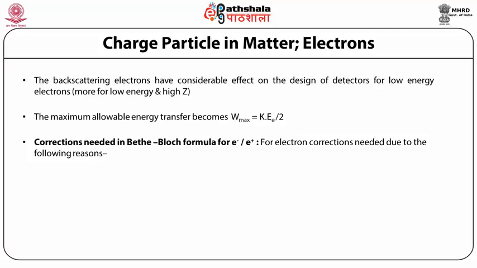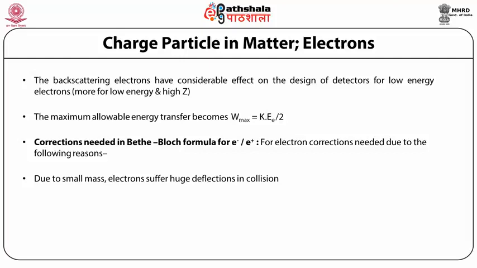So that formula we can still apply for electrons, but we need to modify the Bethe-Bloch formula in order to apply it for electron or positron detection. For electrons, corrections are needed due to the following reasons. What are these reasons? Number 1, due to small mass, electrons suffer huge deflection in collision,